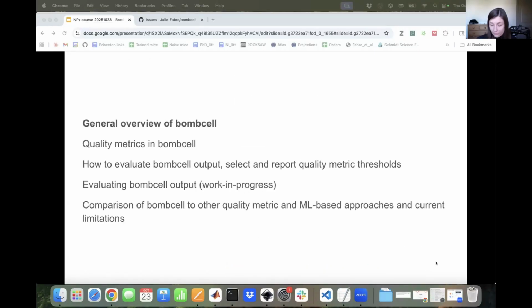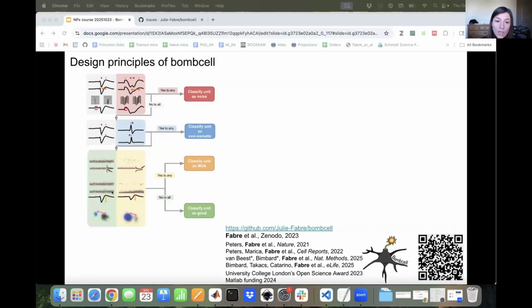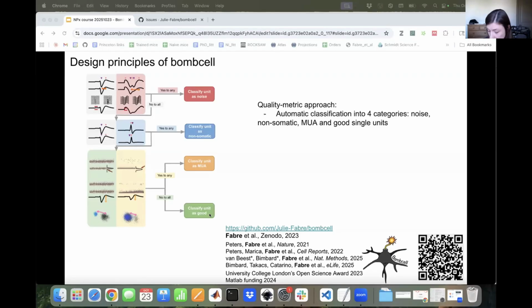So I'm just going to go first over the general conceptual framework of Bombcell, and then I'll talk about some of the individual quality metrics, and after that, talk about how you can actually decide on quality metrics and thresholds, and finally talk about which tool to choose for which problem. So Bombcell is a quality metric package, and we have a series of quality metrics to sort units into 4 categories automatically: noise, non-somatic, multi-unit, or good. And that was our design principle, that it should really be automatic, and there should be these 4